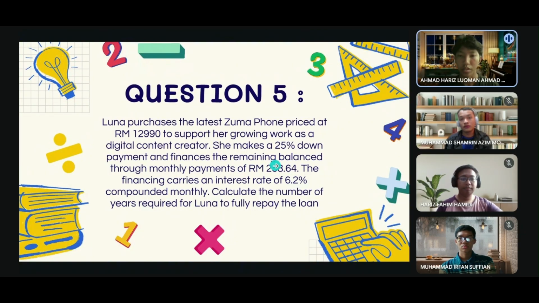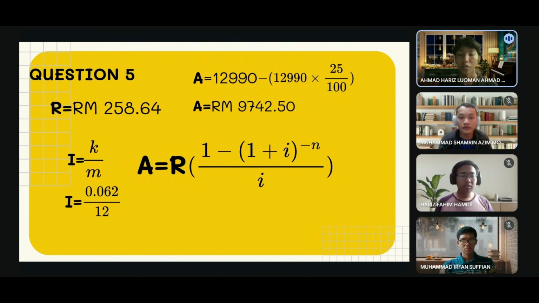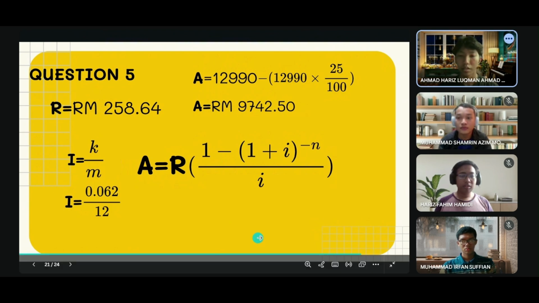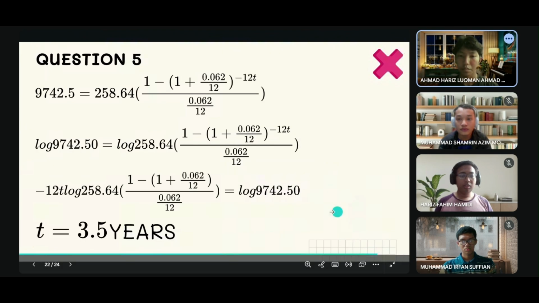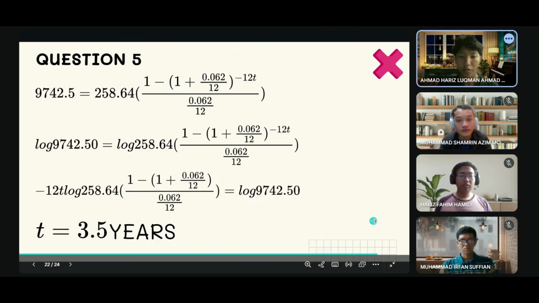Okay, so for question 5, to answer this question, we need to list all the information that was given in the question. So for this question, I will use this formula, A equals R. Okay, so after we list out all the information, we just put it inside the formula and we will get this. And we need to find the T, but the T is a power. So we need to put log on both sides to bring down the power, and we will get negative 12 T log